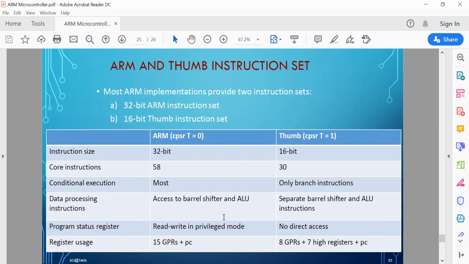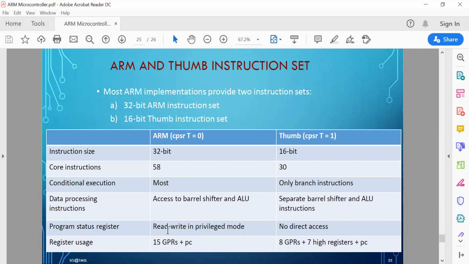Now data processing instructions in ARM mode support barrel shifting, but in Thumb mode such instructions are not there. Here there are separate shift instructions and separate ALU instructions. Okay.